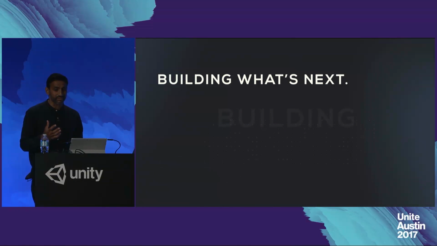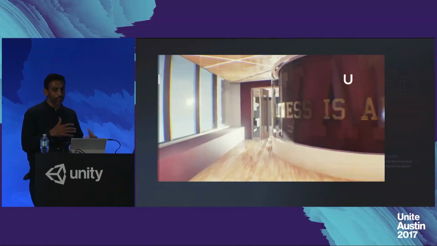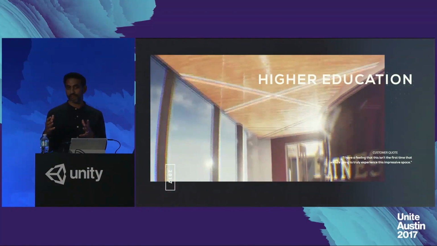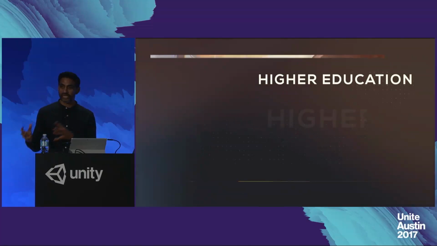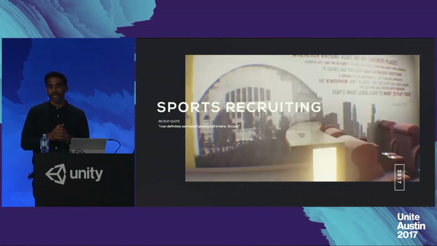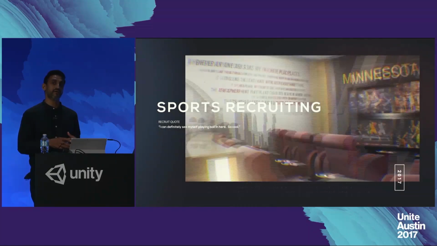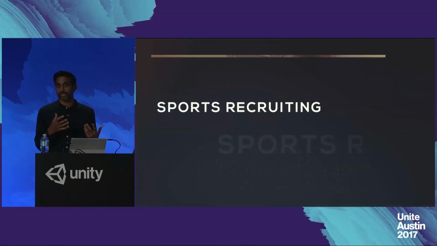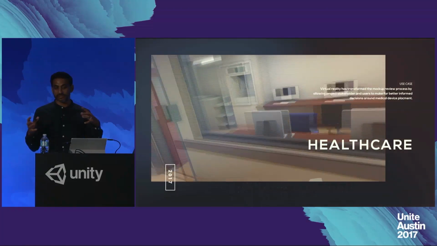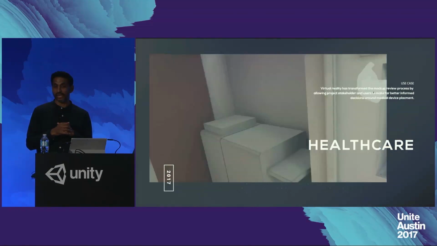They're building everything from higher education institutions to stadiums to hospitality to a number of different areas. And they're using VR to show how spaces are being developed, how these spaces can look as they're being created.